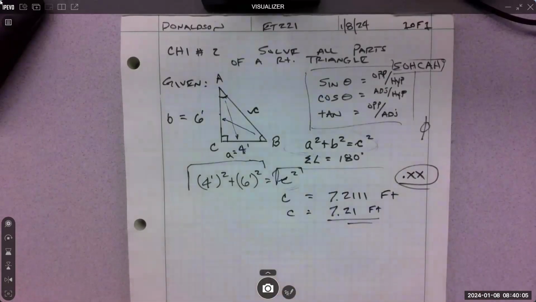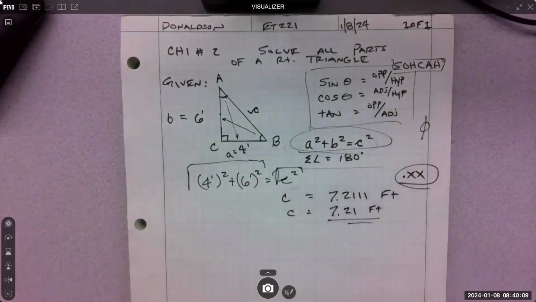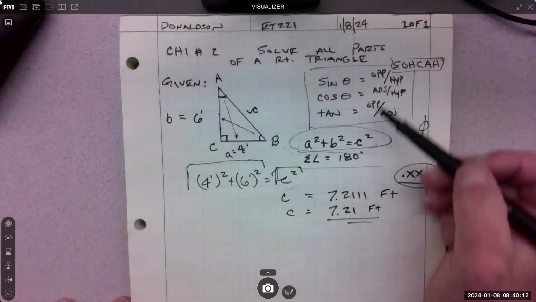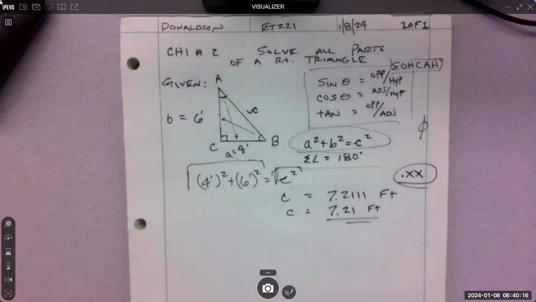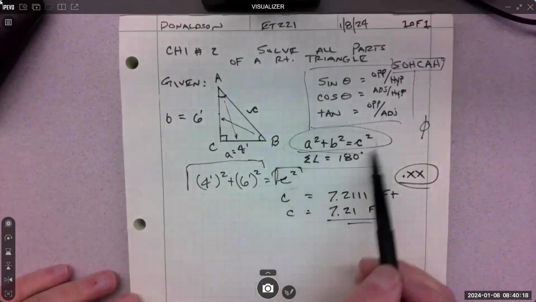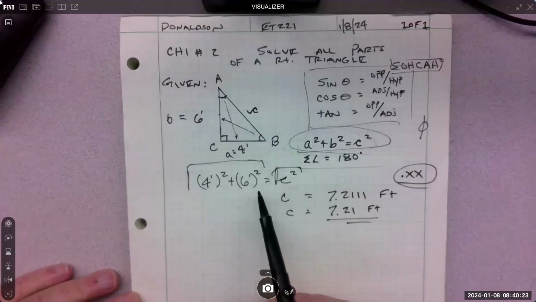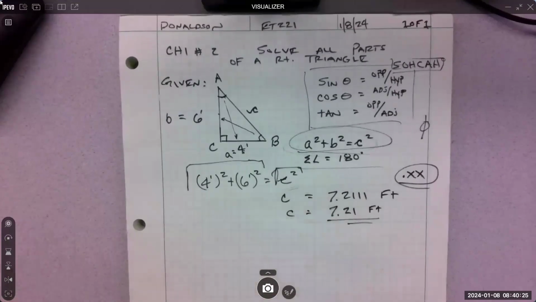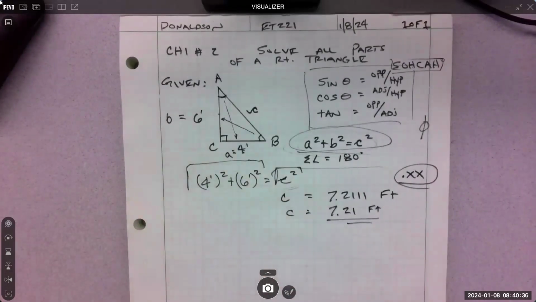All right, so this is kind of a homework flow. I would love to see the equation you're going to use. Do you have to list them all? No. But I'd like to see the equation you're going to use, and then I'd like to see you use it. So I did that. Here's my equation I'm going to use, and here's where I did it. Right? So both of those is nice. Within the equation, I'd like to see your units. So don't just leave the feet out of there. I'm okay with these marks for feet and two little marks for inches, but you can also just write feet,